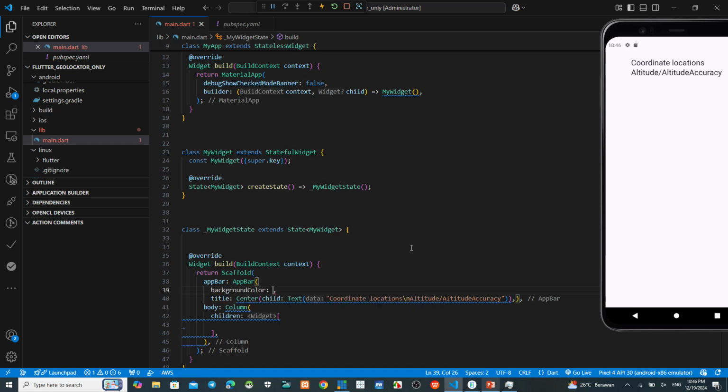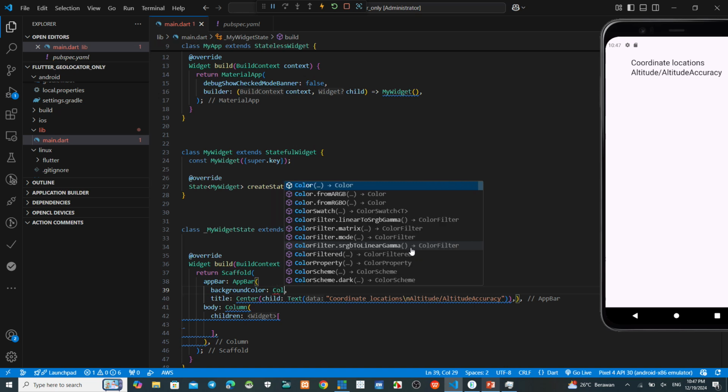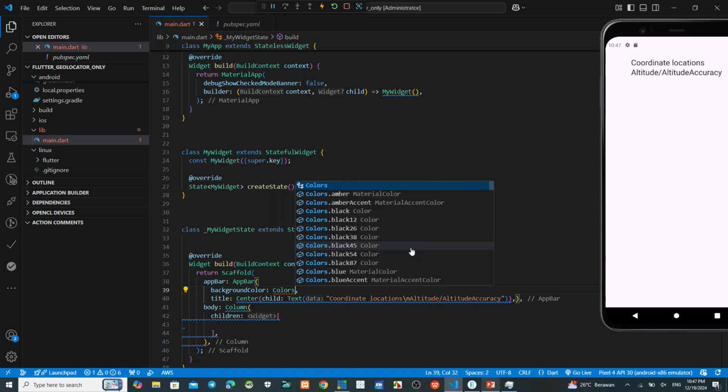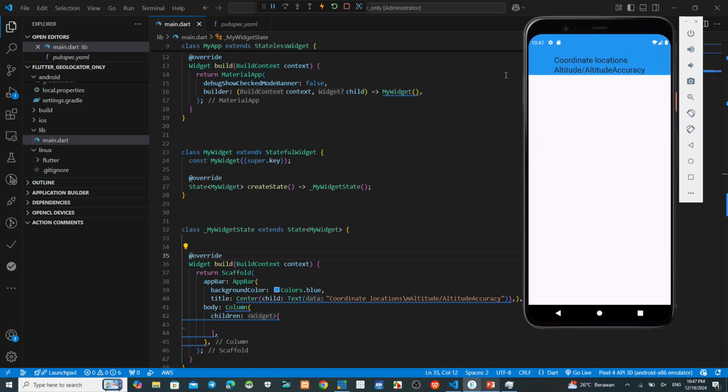Background color, white. Sorry, blue. Okay, this one, blue color.